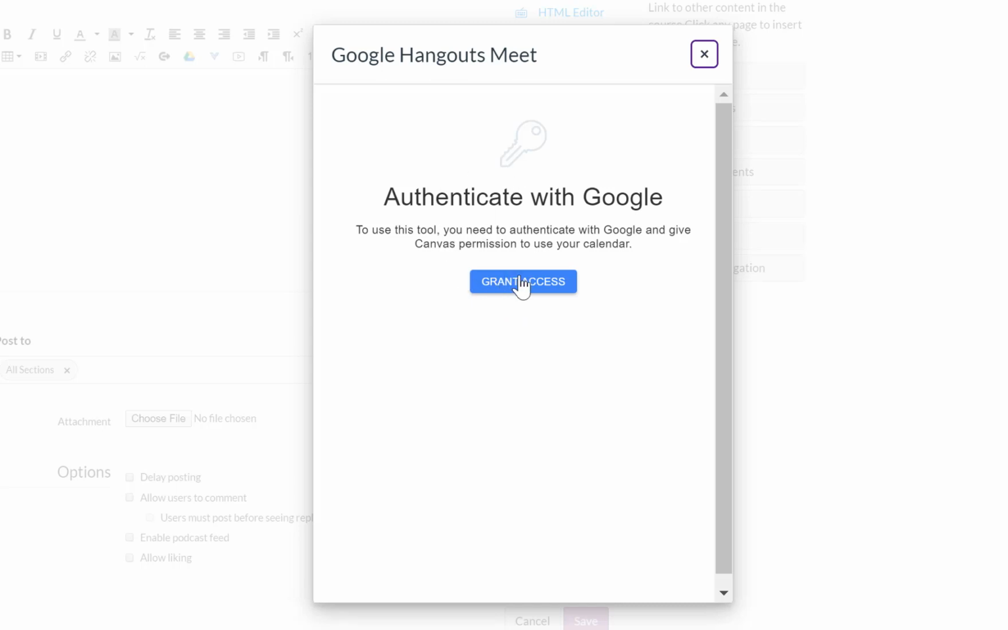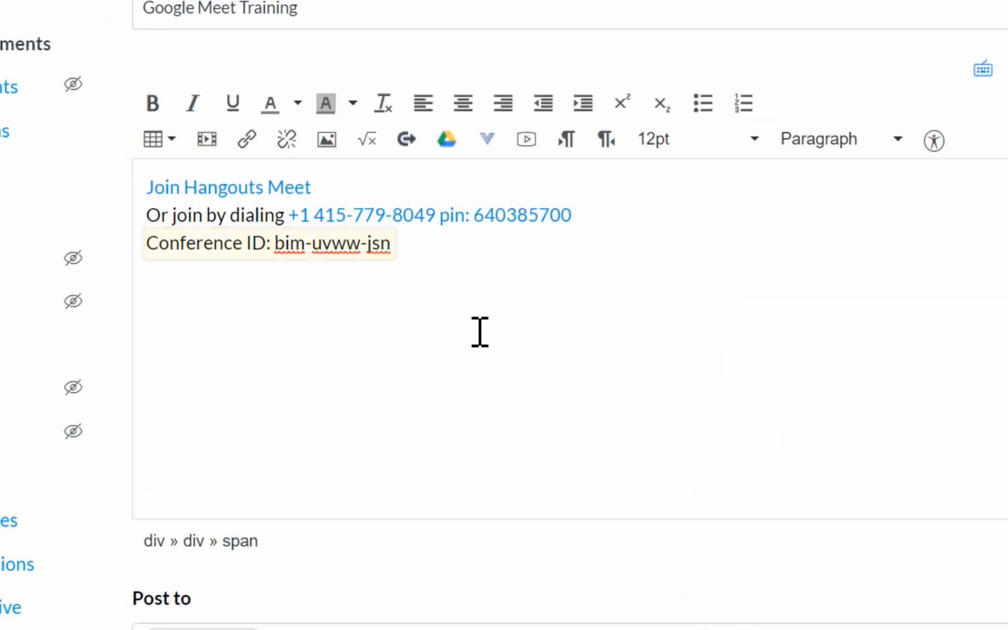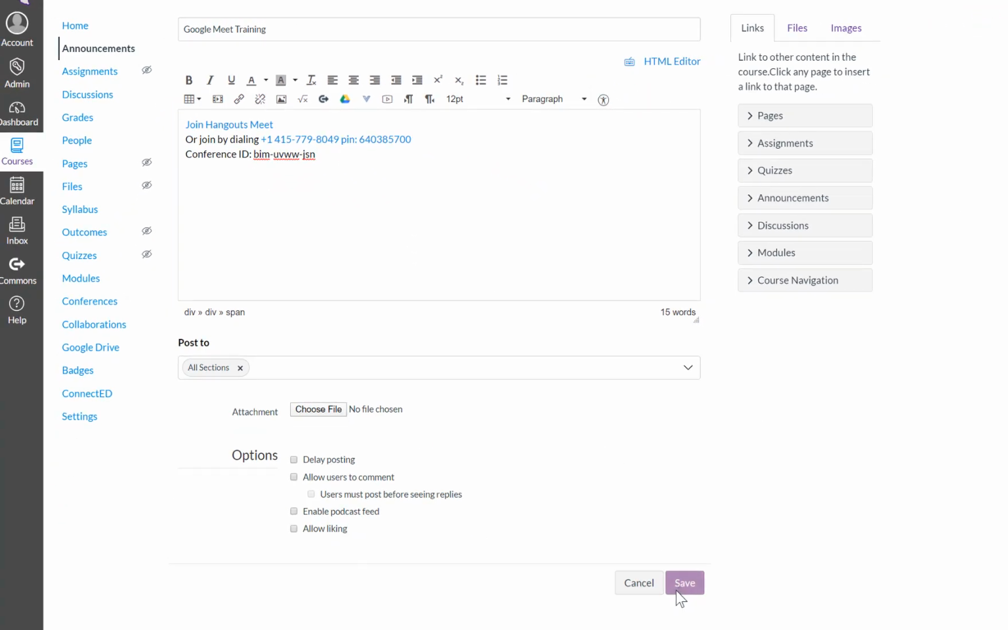Now you're going to want to go ahead and click on the grant access button. And from there, it will go ahead and create the Meet for you and embed it into your text editor. And you're basically done. If I go ahead and hit save,